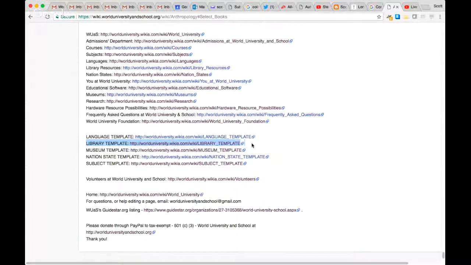And similarly, you could create a whole approach to a library or library resources with this library template. Create a new museum or a new approach to museums with this museum template. You could create a whole new university with this nation state template in your language. And then the main subject template is kind of the basis for all of these.